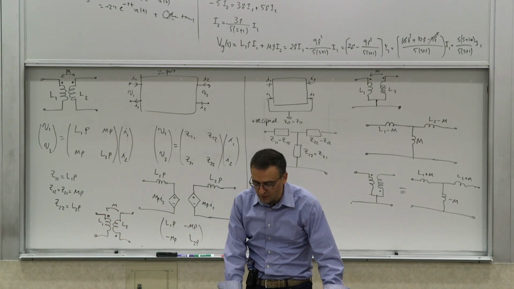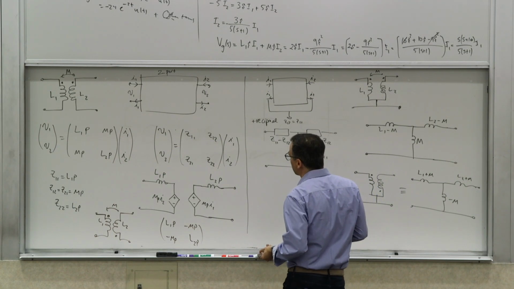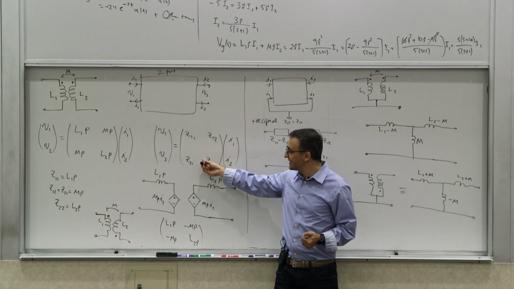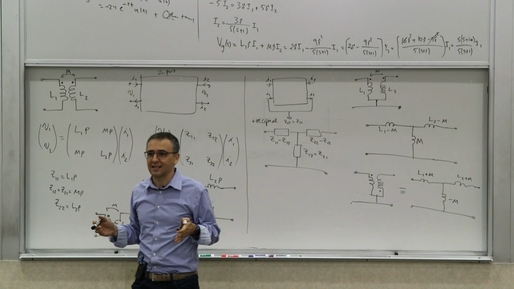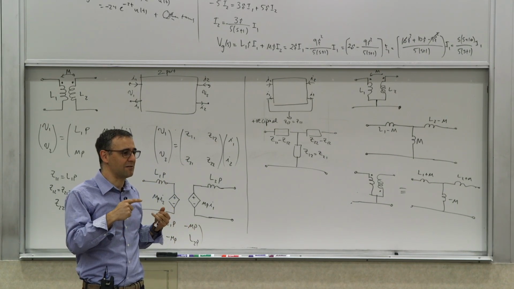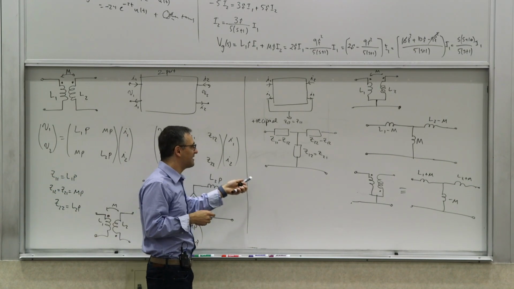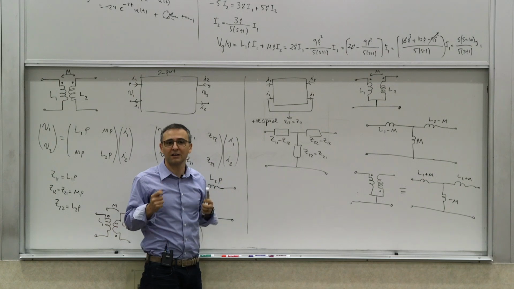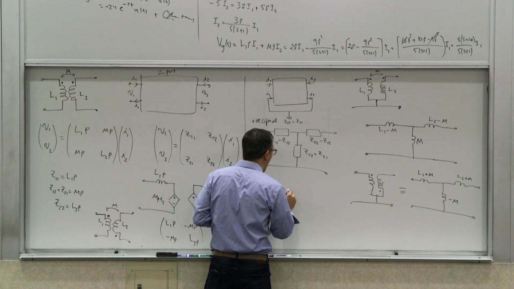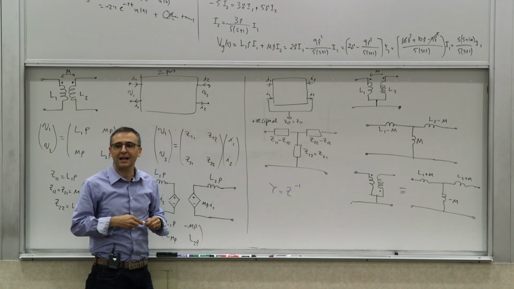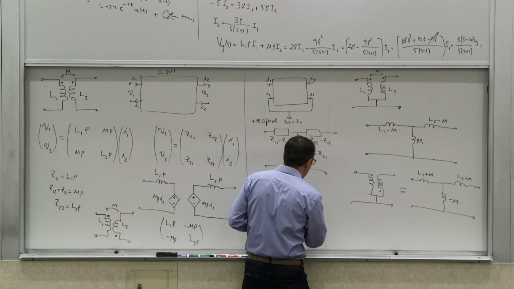Now, we also know from the two-port discussion that you can convert a Z matrix to a Y matrix. How do you do this? Now, by the way, this Z matrix and this Y matrix have nothing to do with the Z matrix and Y matrix that are generated in nodal analysis or mesh analysis. In fact, this Z matrix and this Y matrix for two ports are inverses of each other. So for the two ports, Y is Z inverse. So you can calculate the Y matrix,